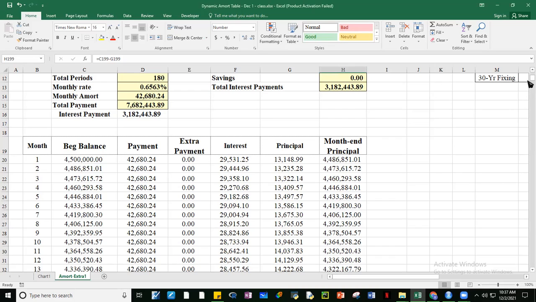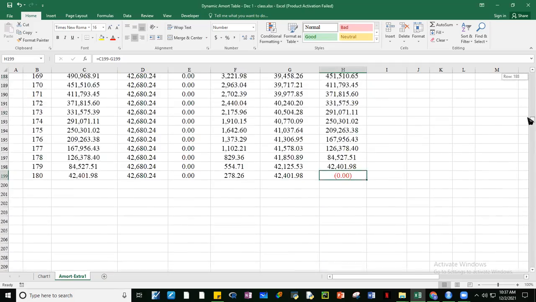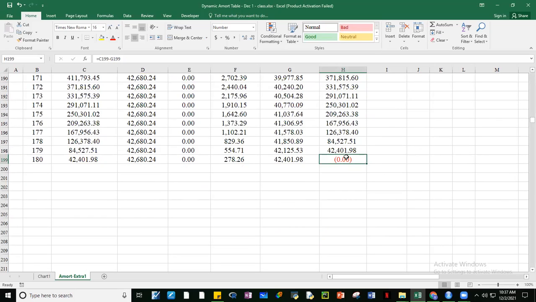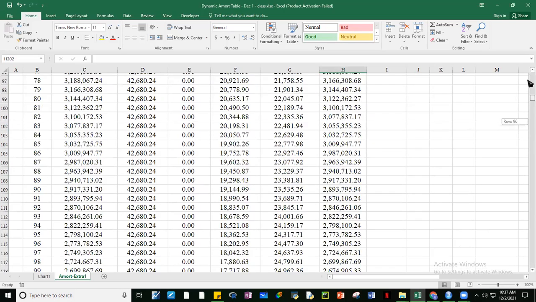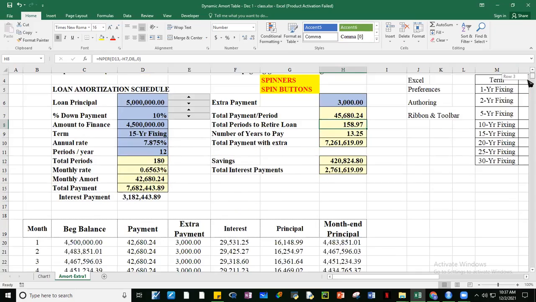So our model is okay, because if we look, it goes up to 180 months, and our principal closes, the balance is zero. Now what if we add an extra payment? Let's say 3,000. With a 3,000 extra payment, it should finish at month 159. If we take a look at our model,